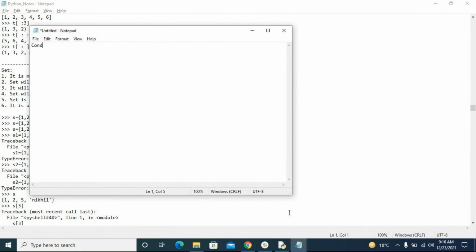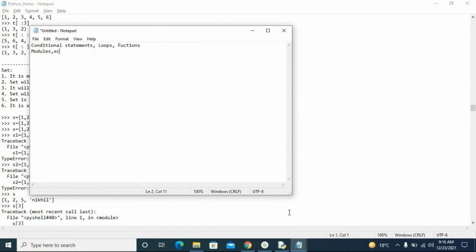Tomorrow, I'm going to complete conditional statements, then continue loops, and I'll start with functions. Then I'll complete modules the next day.